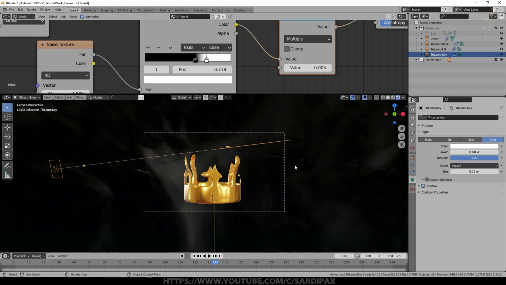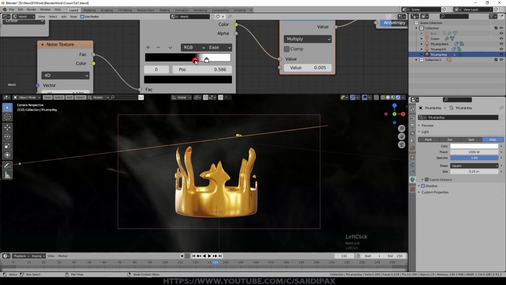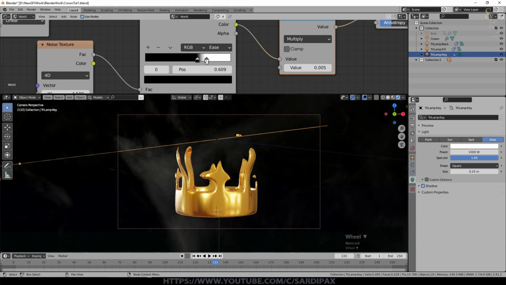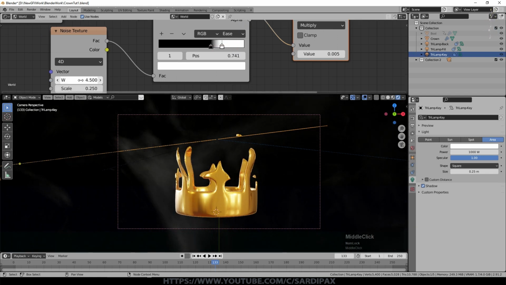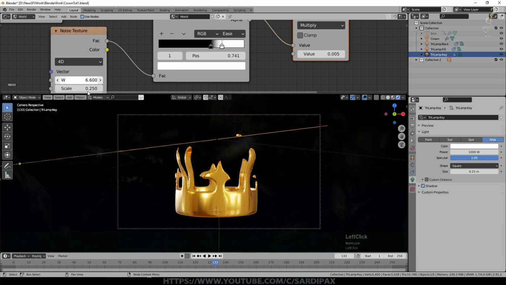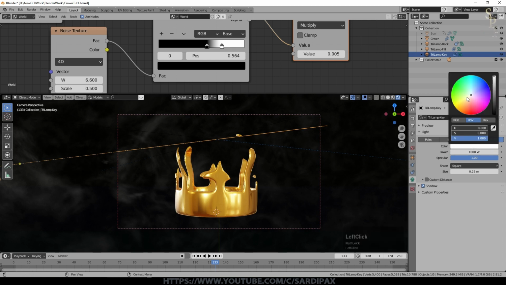Now you can start to see we're getting some effects from the volumetrics, and you can play around with the color ramp here, have more or less black around each of the volumetric areas, and if you play around with the W value, you can see it starts to move around. I think I'm going to put the scale up slightly. We'll go for 0.5, and there you go. If you color the lamp slightly, so with the key lamp, for example, I give that a slightly yellowish hue, you can see we get a yellow cast to that background, or parts of it.